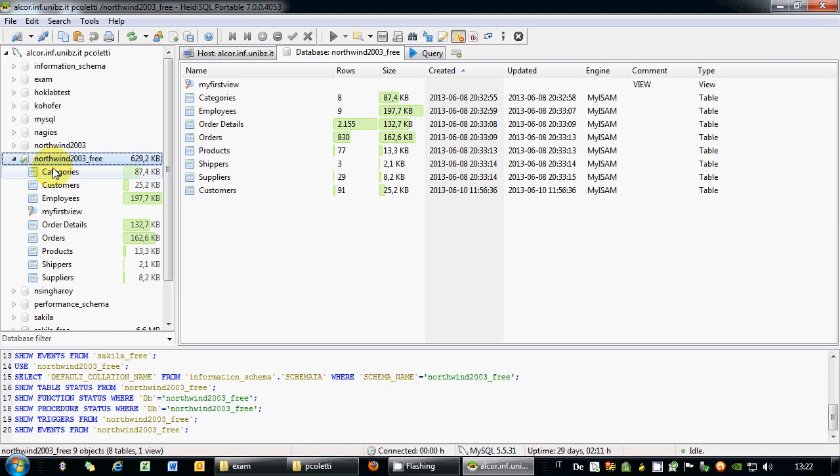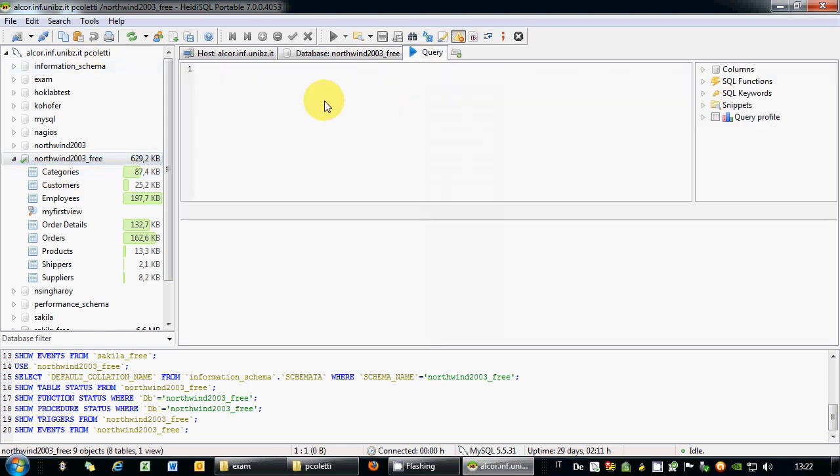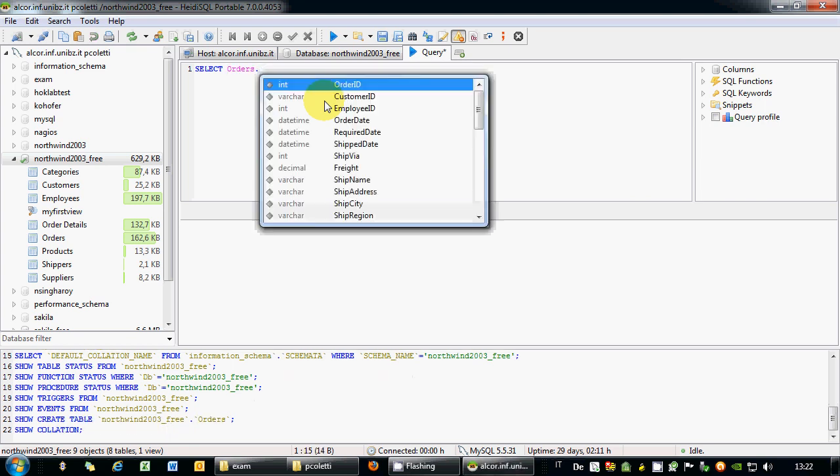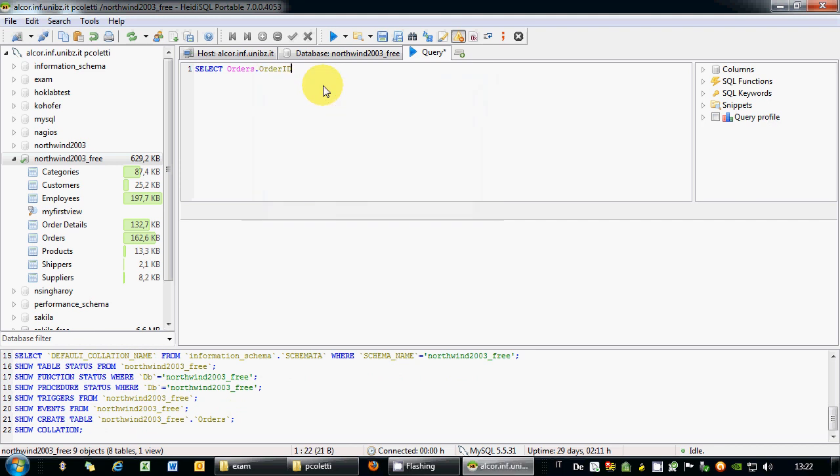Build a query which writes the list of orders shipped by shipper called Speedy Express, with the customer address, city and country, and which shipped year. Okay, let's do it slowly. So query, select order ID from orders, shipped by shipper called Speedy Express. So we'll need a condition on the shipper. With the customer address,